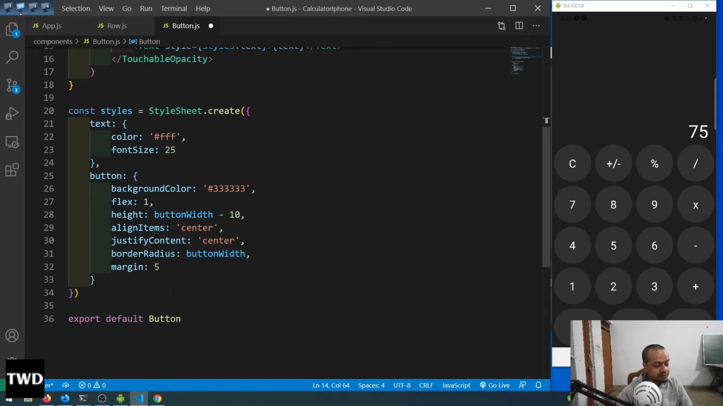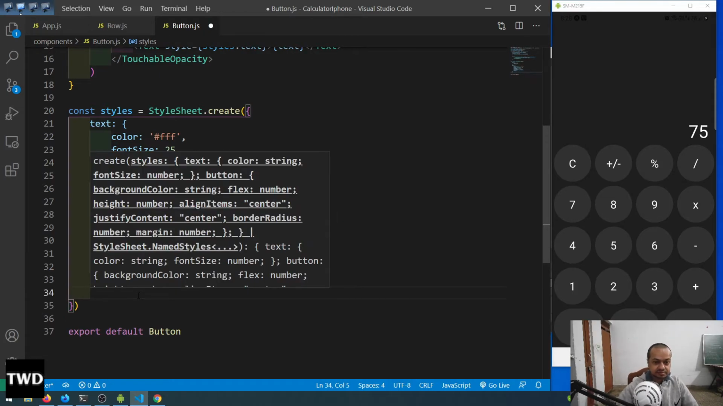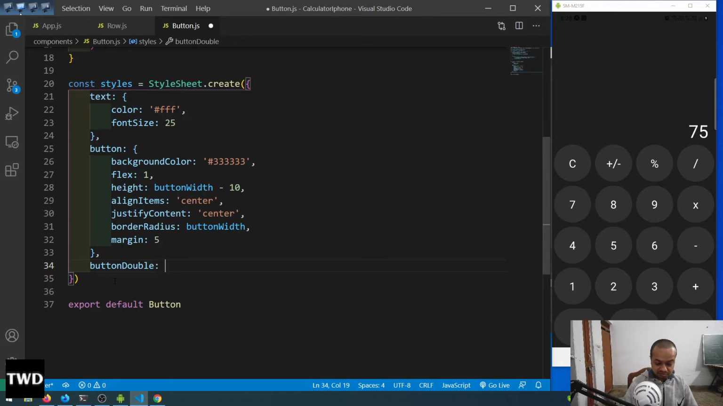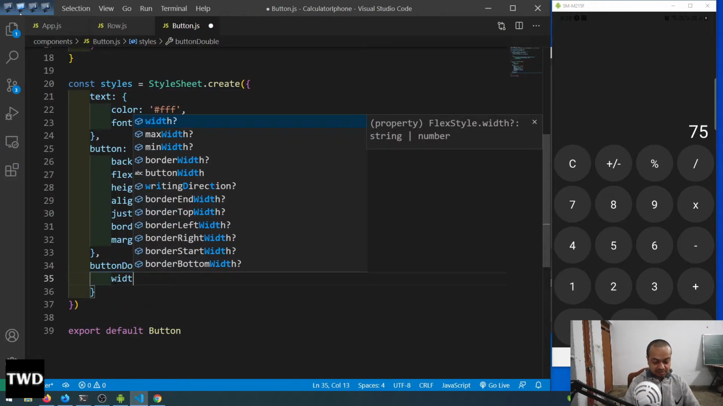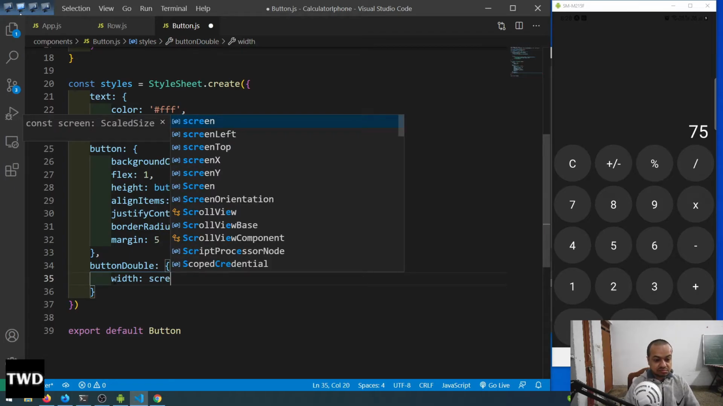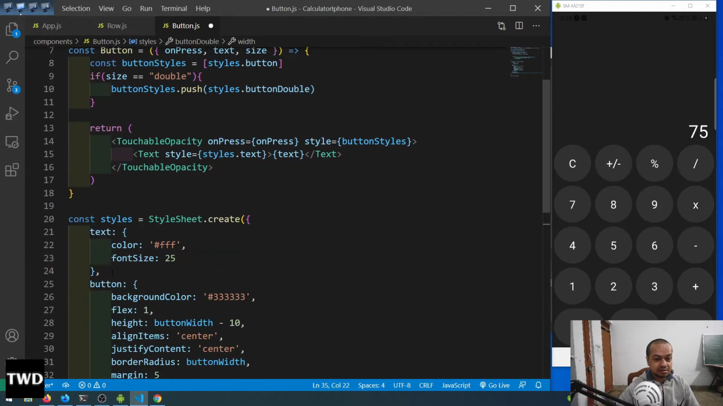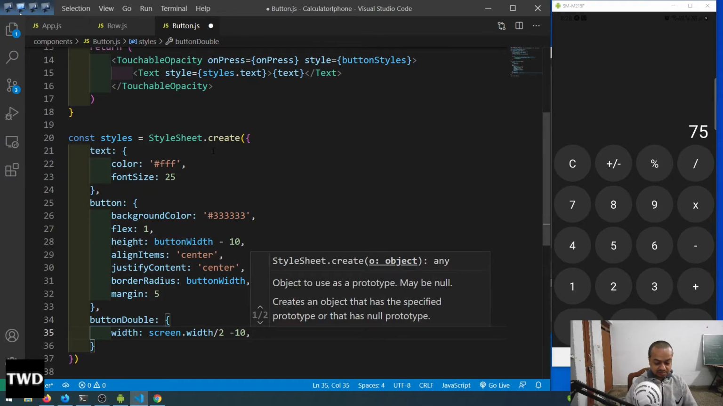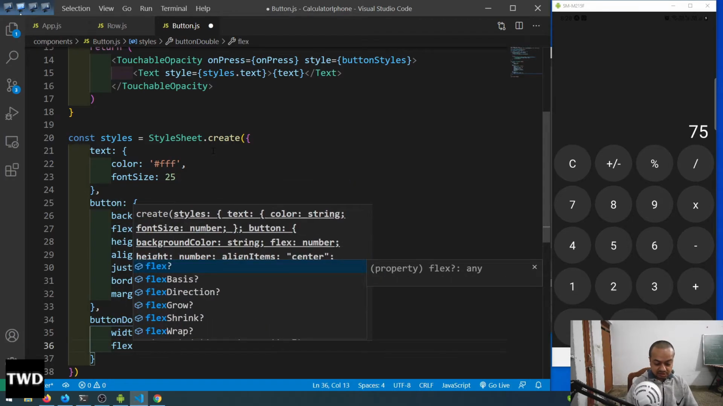So now what we have to do, we have to do the button double. Okay, so comma button double, we have to do width will be different here, width will be screen we are getting from dimension, screen dot width divided by 2 minus 10, flex of 0,